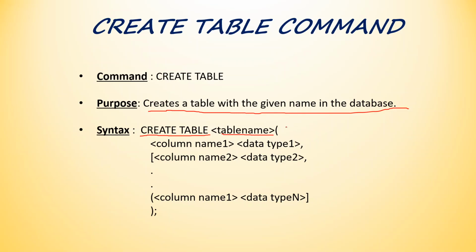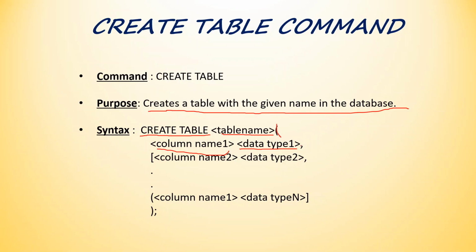After that you will start a round bracket. Then, as we have already discussed, table contains attributes, columns. Each column has a separate attribute. So we'll write attribute for that column and its data type. What type of data that attribute will hold? It will hold integer data, it will hold decimal data, it will hold character data, it will hold date. Whatever is the data type, what type of data it will be holding, we'll specify the data type, column name,